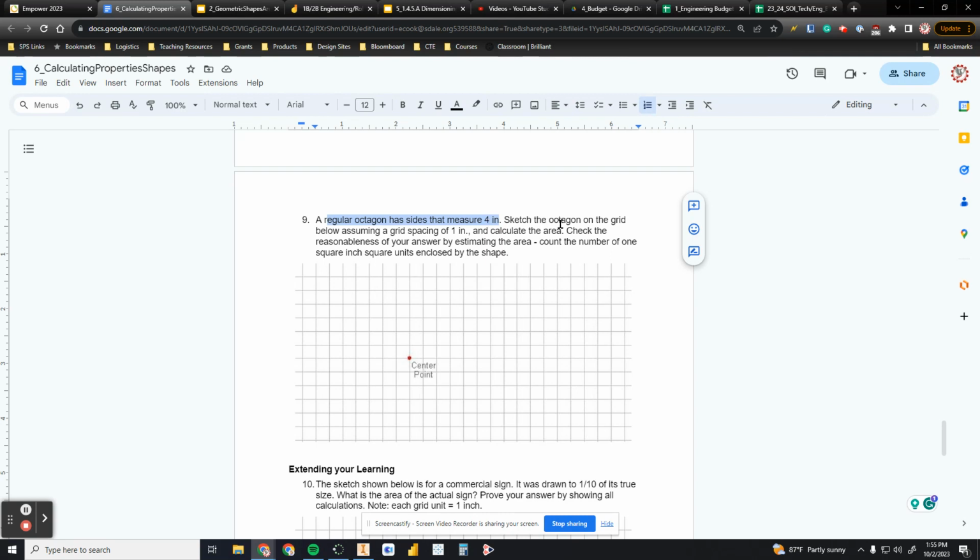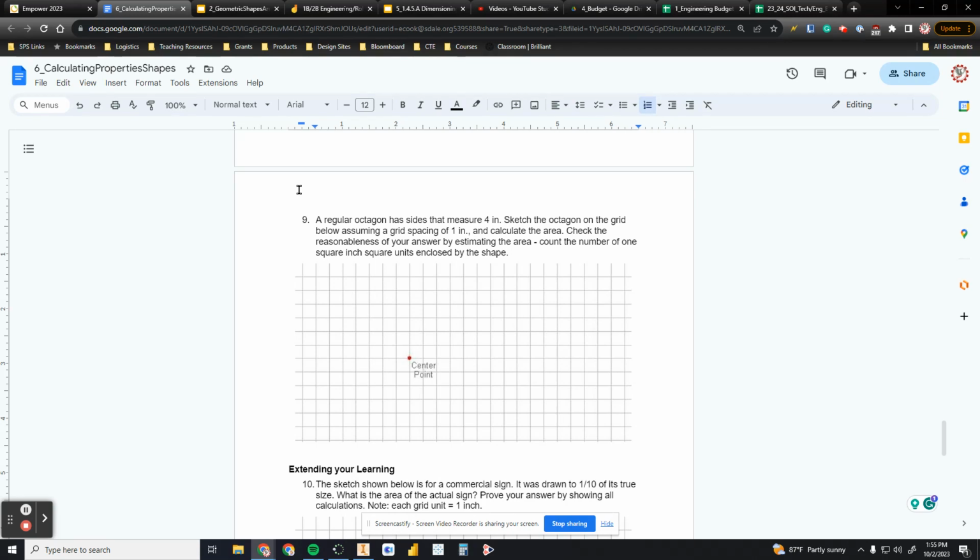You're going to sketch the octagon on the grid below, assuming a grid spacing of 1 inch, and calculate the area. Check the reasonableness of your answer by estimating the area. Count the number of 1-inch square units enclosed by the shape. Essentially, we are going to use the center point and try to draw out an octagon and then calculate the area of our octagon